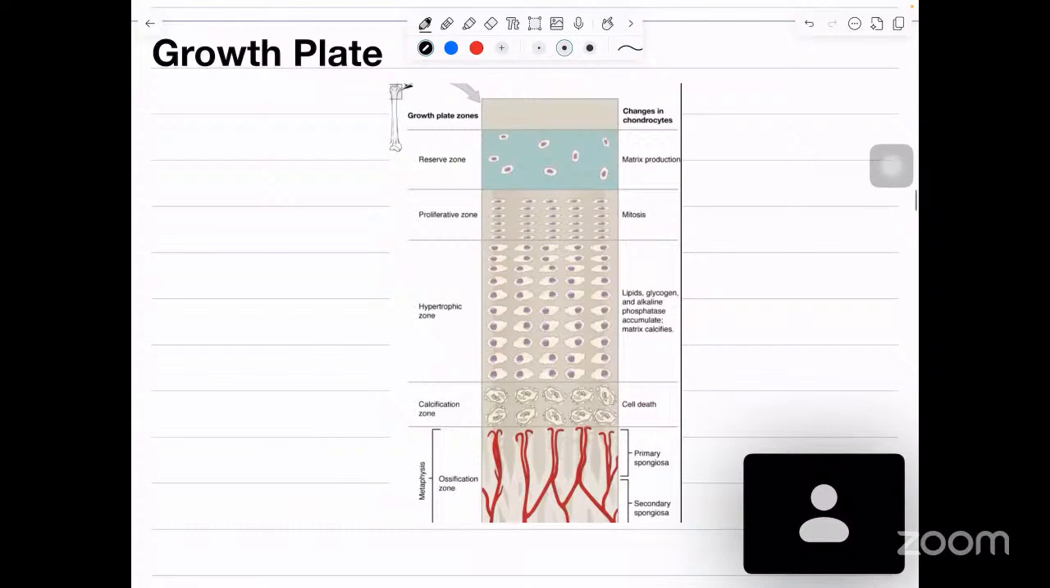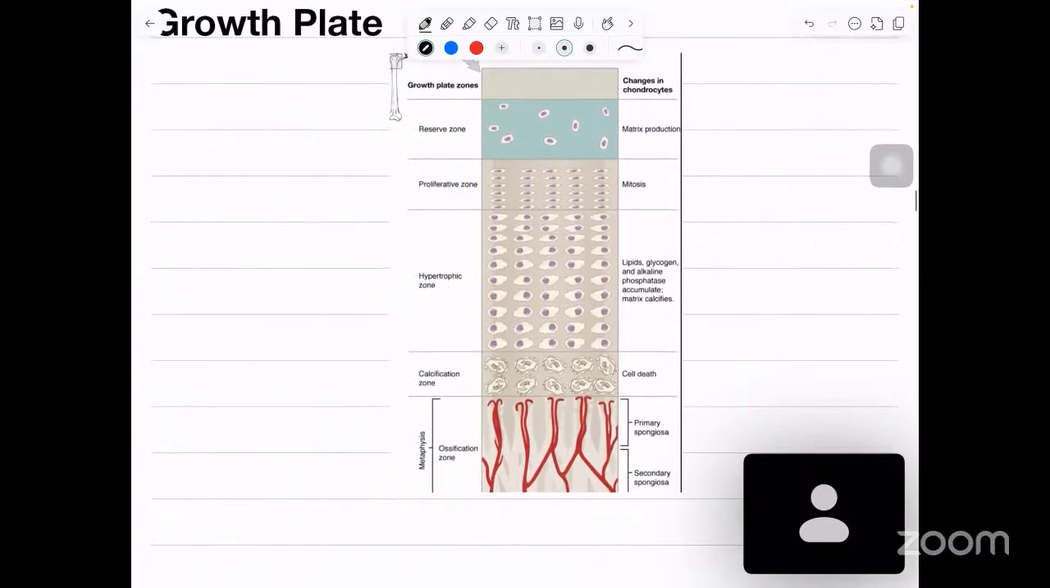Next is growth plate. Epiphysis முன்னாடி சொன்ன மாதிரி தான். Epiphysis, so this is the epiphysis, this is the epiphysis, this is the metaphysis. In between you have this growth plate. Okay, so